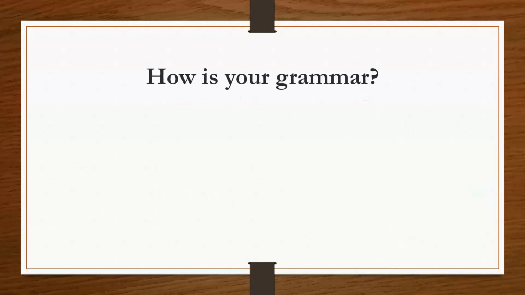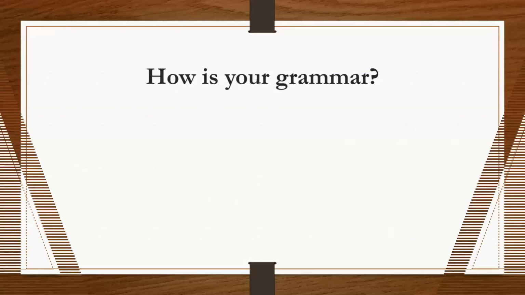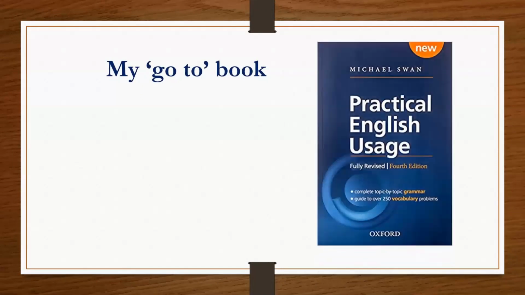And that was it. So how is your grammar? It could be that as a teacher, you feel you need a few more pointers. And we're just going to touch on that briefly. First of all, I've been teaching since 1991, on and off. And my go-to book whenever a student asks me a question is Practical English Usage by Michael Swan. You can see there, I've actually got one copy here. That is the third edition. This is the fourth I'm showing you. I've actually got the second edition, which predates my teaching. I use them every day still.